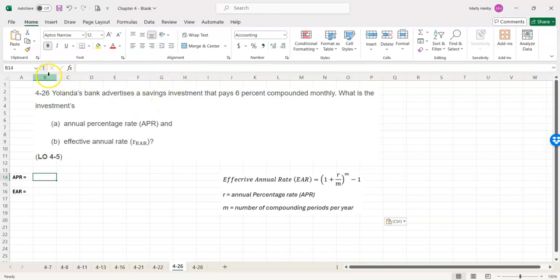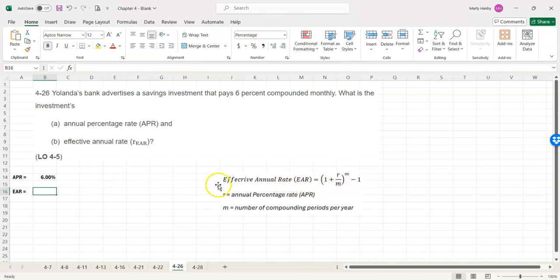Let's do this. I'm going to format them as percent. I just formatted the cells as percent. So it's just 6% is the APR. There's no calculation to do. Though, since we have monthly compounding and we calculate the EAR, our EAR is 1